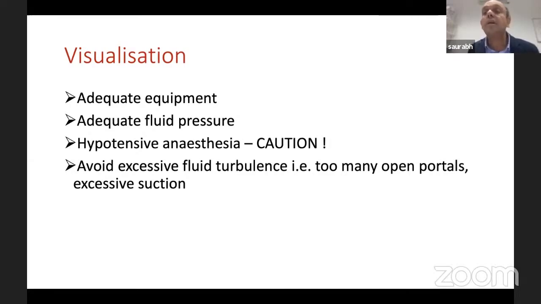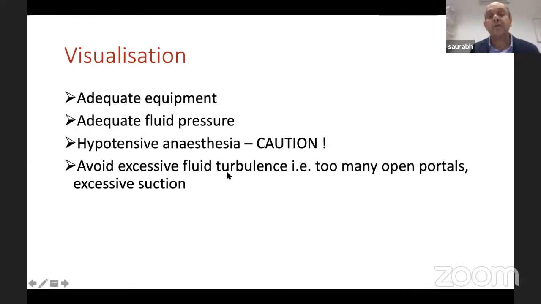So you can't increase the fluid pressure beyond a certain measure, which then brings us to the next point, that you are very dependent on anesthesia. Shoulder arthroscopy is more about hypotensive anesthesia. After a stage, anybody can do arthroscopy work, but your anesthetist should be shoulder trained, basically. So if you get a good hypotensive anesthesia, your capillaries don't bleed, it doesn't obstruct your view, and you can keep your fluid pressure low and operate.